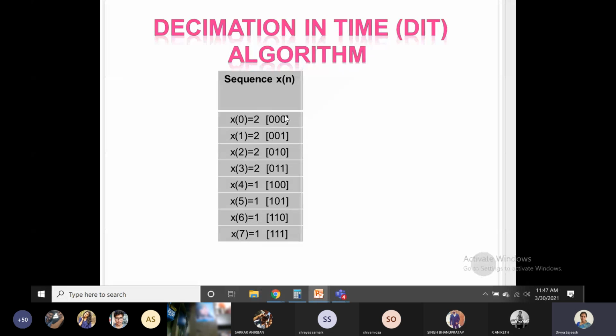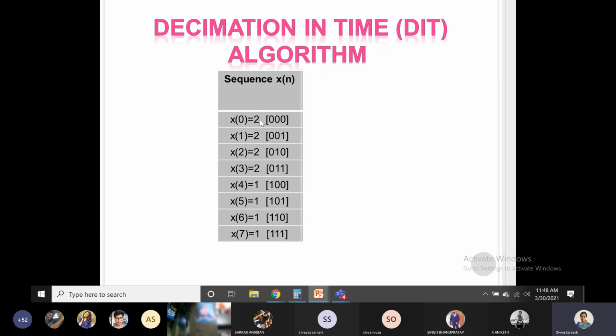In the bracket, I have written it with the help of bits. Like 0, I can expand it as a 3-bit: 0, 0, 0. Then 1 can be written as 0, 0, 1. 2 can be written as 0, 1, 0. What I am writing here is the position, the position of the element expressed in 3 bits,